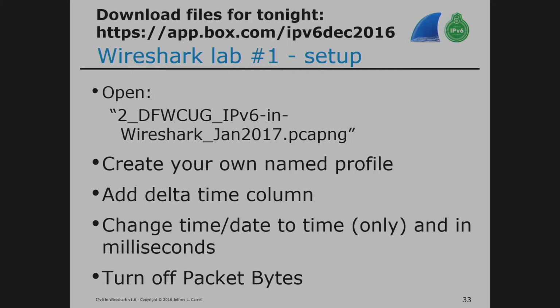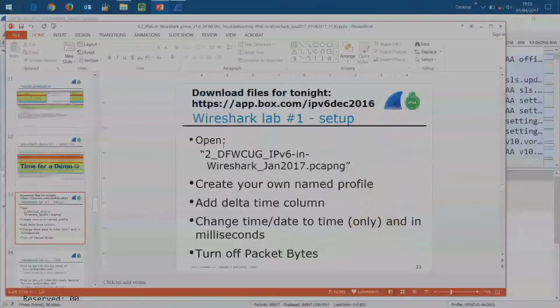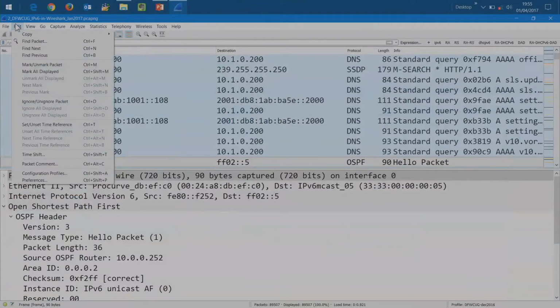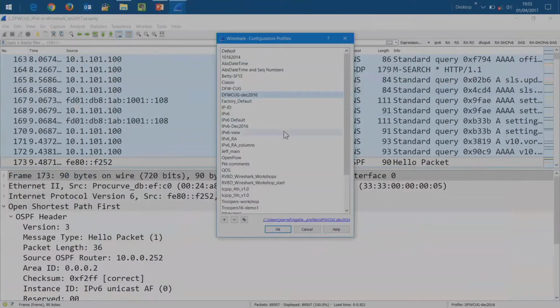So with that said, let me bring up my Wireshark. And I've got this file open. So one of the things I'm going to do is go down to Edit, and we'll build a new configuration profile. Edit, Configuration Profile, and I've got a bunch already. I've got one from the meeting last month.